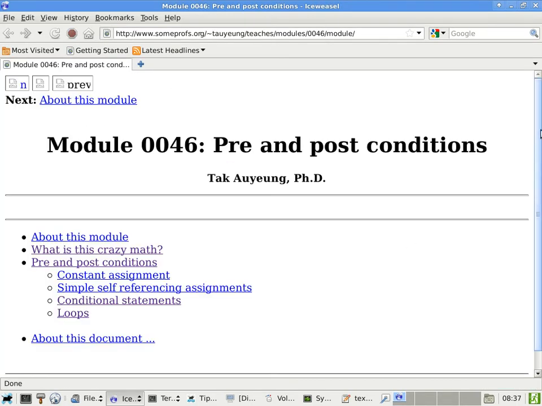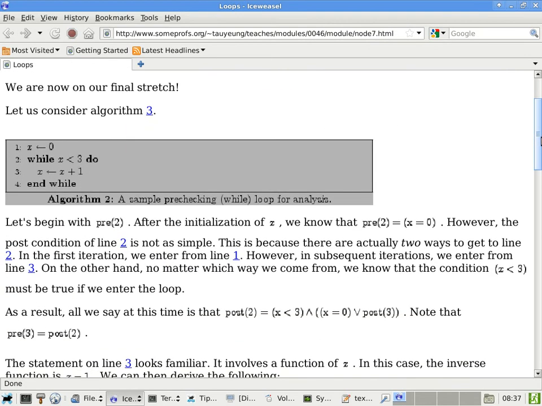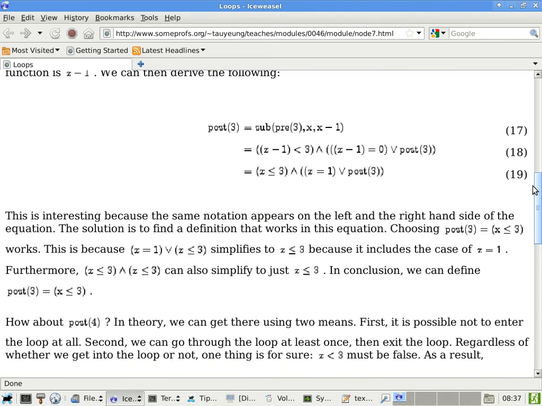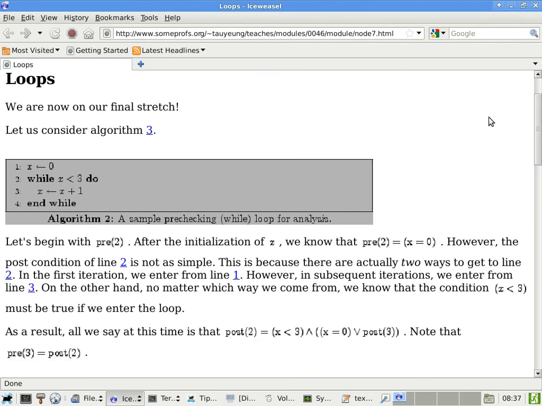So let me just point you to the notes first. It is this particular part here that we will be talking about today. And this is an example, and I can make the example a little bit more general, but I think it's good to use just concrete values. The text actually describes everything that I will be talking about. In other words, if you read the text and understand it, there's no new information that I'll be presenting in today's lecture. But instead of just talking about the text, I'll use a picture to represent the code here,